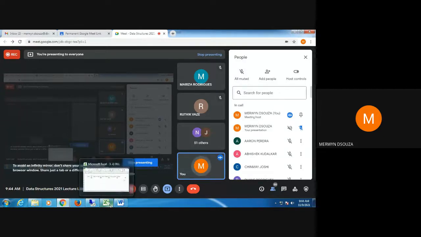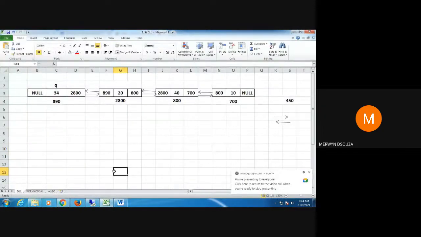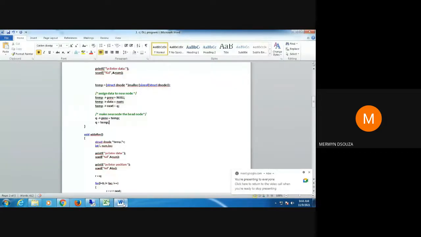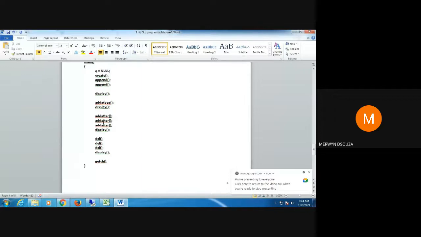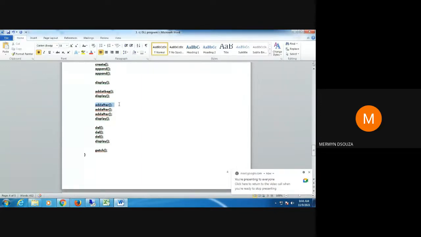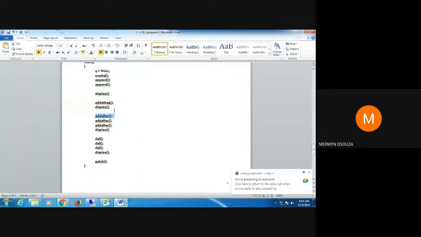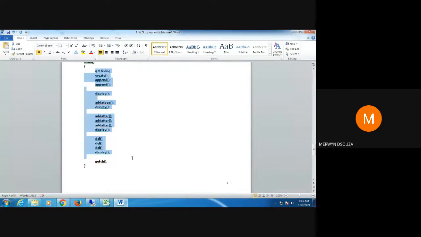It's almost same to your singly linked list. The code is almost same. That's why I told you to revise yesterday. Okay, so let's continue. So next, let's look at the add after function. Like that, when you are doing your practicals, you can call this add at the beginning how many times you want. It will keep adding one new node for you at the beginning. You do not stick to this call list that I've given. You make your own call list and check how it works. So let's look at the add after function.